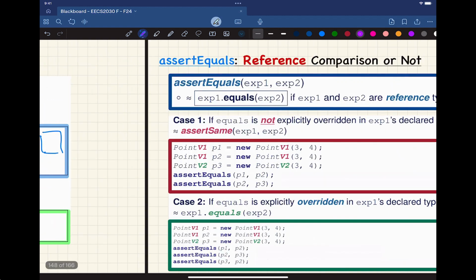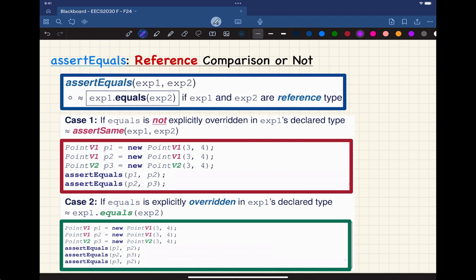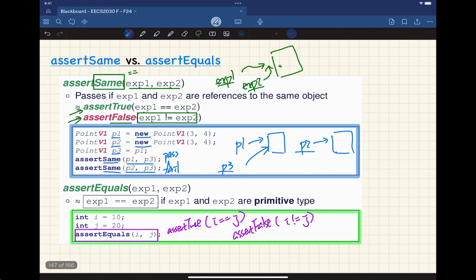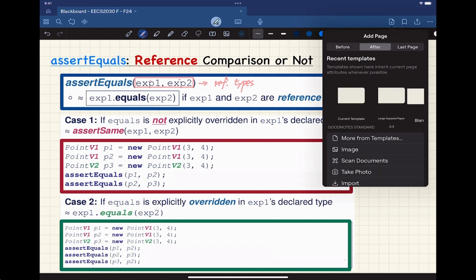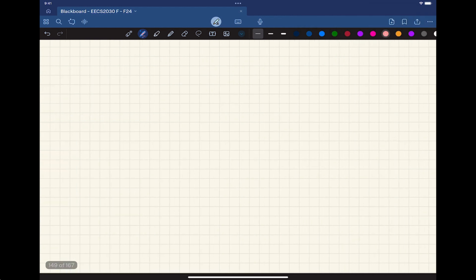Let's now look at a slightly more complicated case. What we just spoke about is case number 1, basically about primitive type. Let's say we got reference type, expression 1, expression 2. Now we are making the assumption that these two are reference types, and it can be simply boiled down into expression 1, expression 2. Let me just make a very big note over here. So now when you say assert equals,